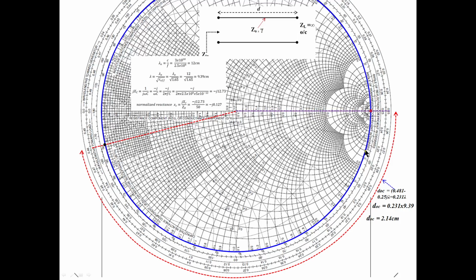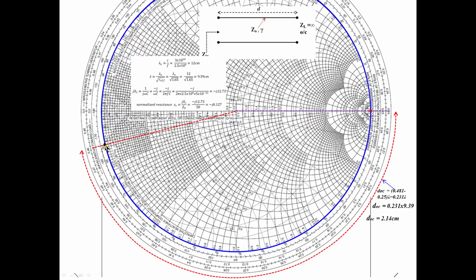So what we did, we started from here and went on moving like this, looking at the reactance values 1.4, 1.2, 1, 0.8, 0.7, 0.6, reducing to 0.5, 0.4, 0.3, 0.2, 0.1. It is next to the 0.127 here. I stopped here. This is the point where we have to stop.